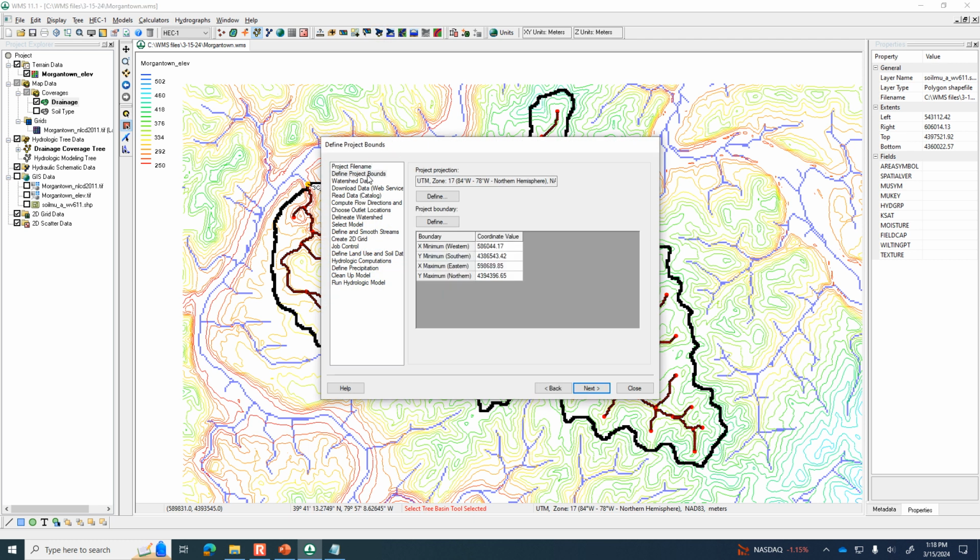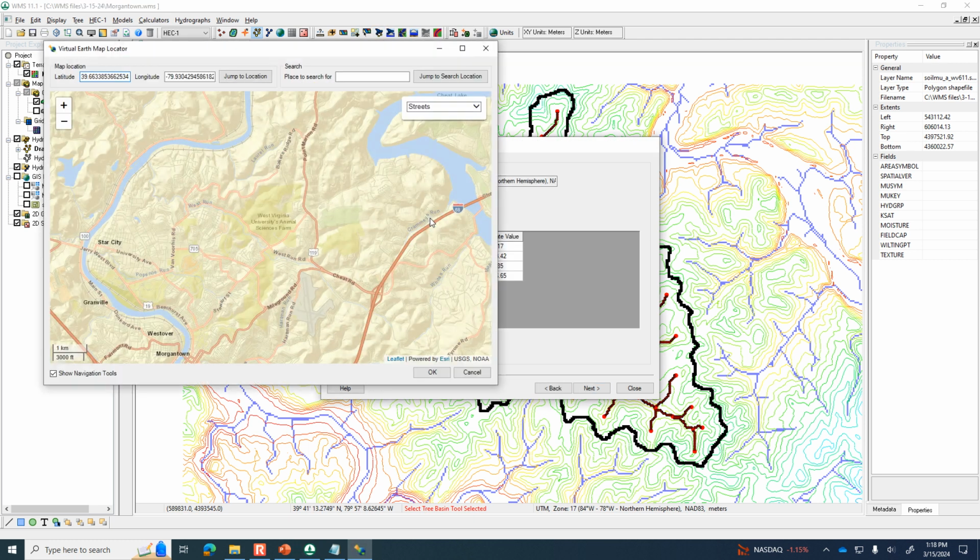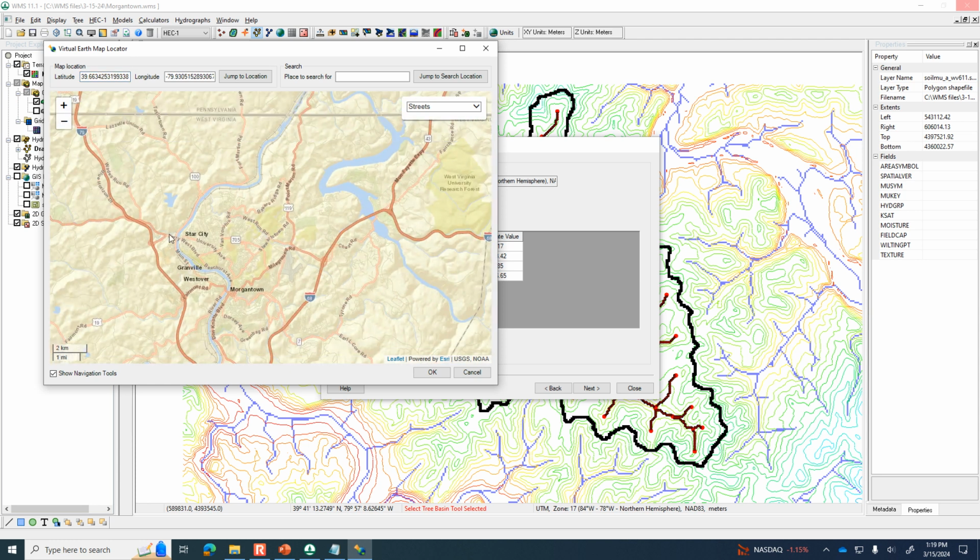If we go to the project bounds and see what was my view, I tried as much as possible. I like to zoom in as much as possible so that I'm only downloading the data that is relevant. And sometimes you don't know initially how far the watershed reaches to the west or to the south or something. So it can be an iterative process, but if your view was like this and you're more zoomed out,